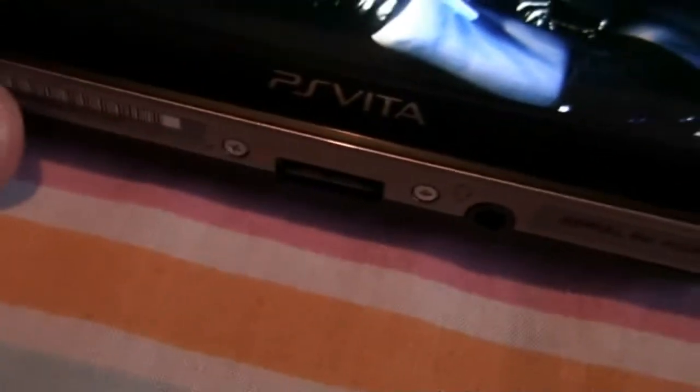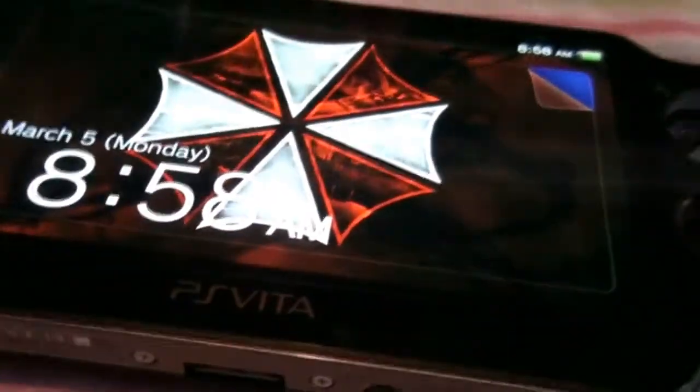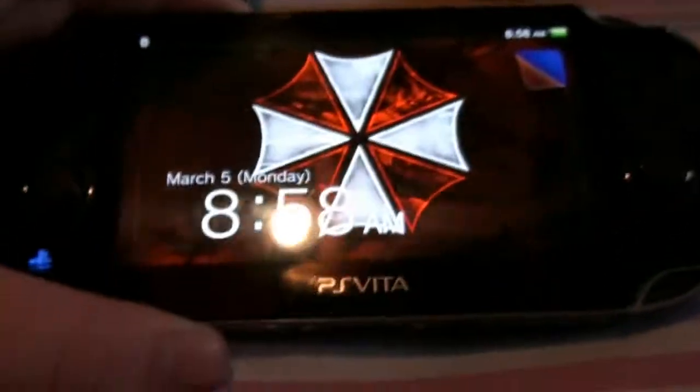And say I'm gonna test out that idea that I had. Just click on the power button, and hopefully, yep, okay, that does put it in sleep mode. You can customize this lock screen too, so if you wanted to, of course I got the umbrella logo on there,